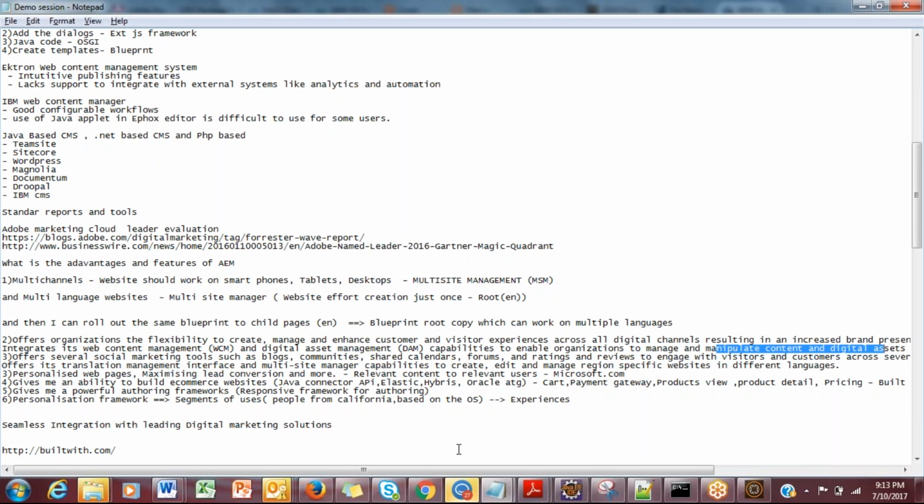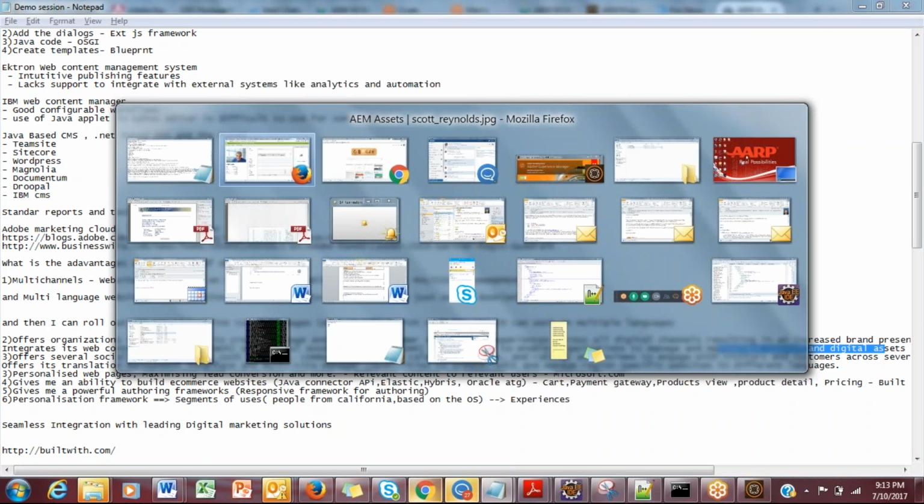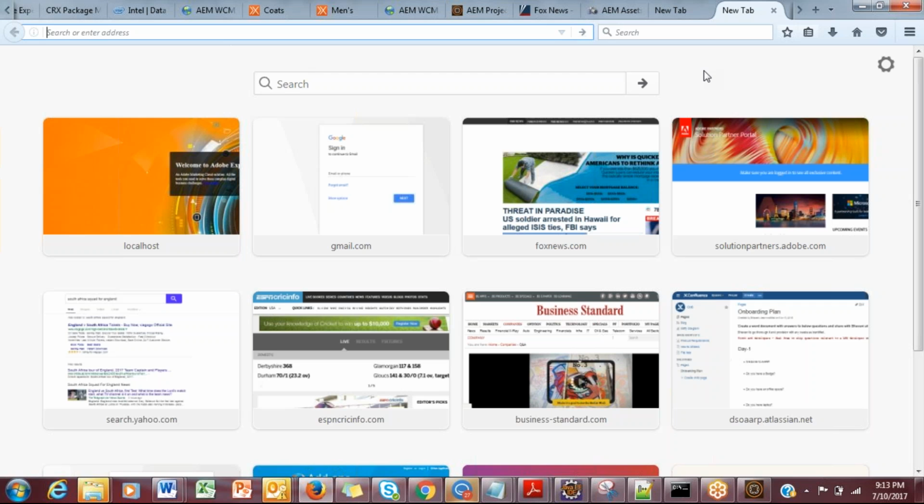Now, having said this, AEM also gives you, basically whenever you log into a website, you want it to be interactive. Nowadays the trend is you want to let your customer interact with the website as much as possible. Something like Amazon: let's say you purchase something, you want to go and add reviews, ratings, comments. People want to look at what the community says and then purchase a product. So AEM gives you a framework for adding comments, ratings, reviews.